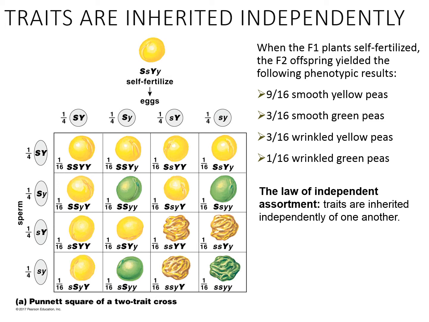Next, we're going to talk about this. Let's talk about one of the genes only. So big S, little s. The gametes, half of them are going to have a big S. So notice, this one has a big S and this one has a big S. The other half will have a little s. Notice this one has a little s and this one has a little s. So why do we draw it or write it 2 times? The reason that we have to write it 2 times, sorry about that,